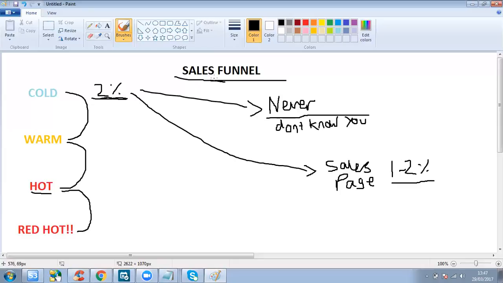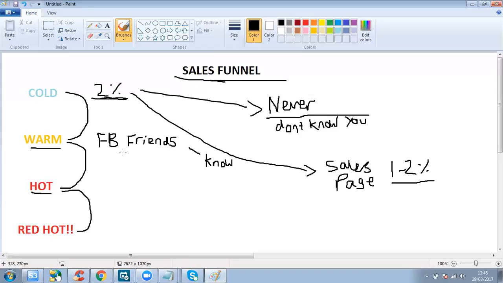So now warm market, this is your next level up. Anyone who's warm, these are like your Facebook friends. Maybe they've heard about you, but they've not really looked into your product. You've not given them a lot of value, but they know your name. These are people who just know you. They might not necessarily like you or trust you yet, but they know you. They've heard of your brand, your business, your name. Maybe they've heard good things about your business. These are going to be your warm